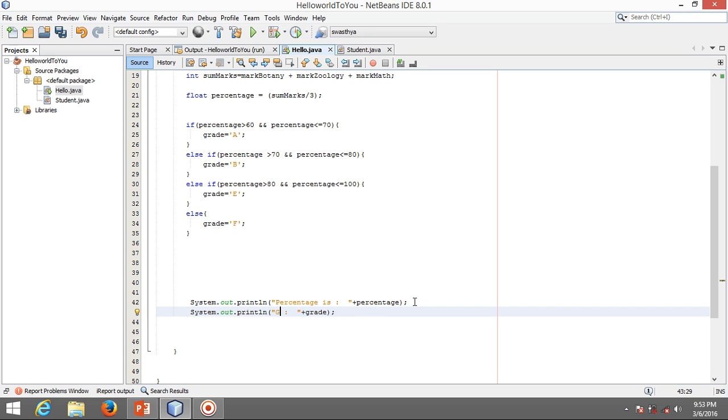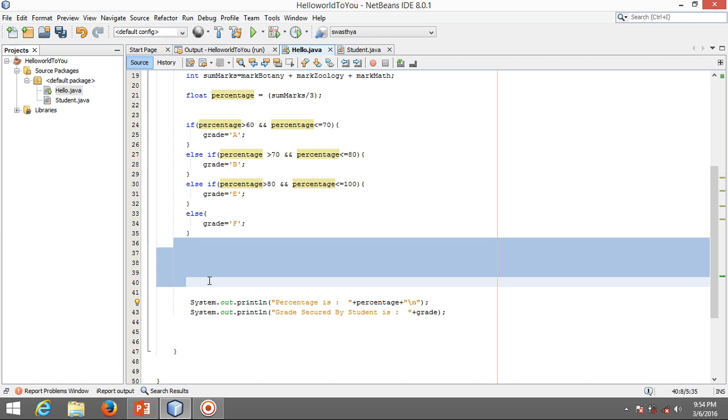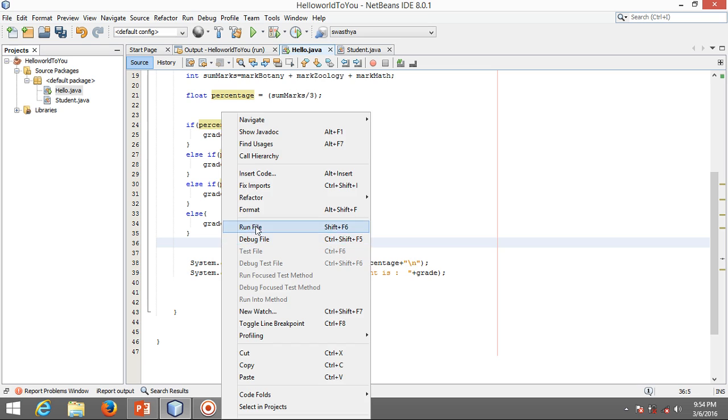We'll write grade secured by student is... just don't worry. Now let's run this application.